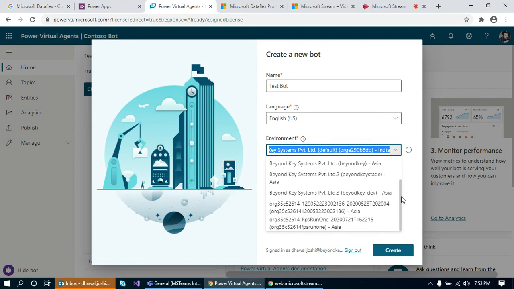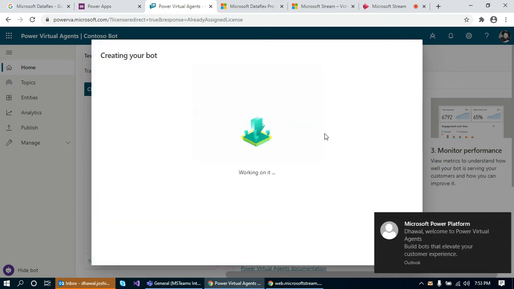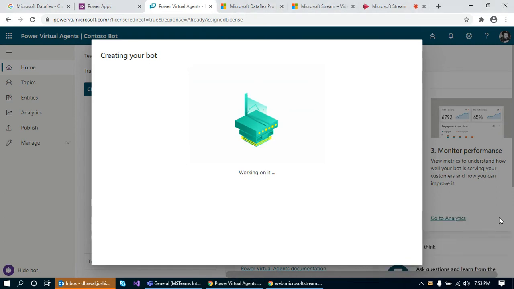So I'll select dev environment and I'll click on create. So in the background, it is preparing the components for the bot so that I can design the bot as per my requirement.